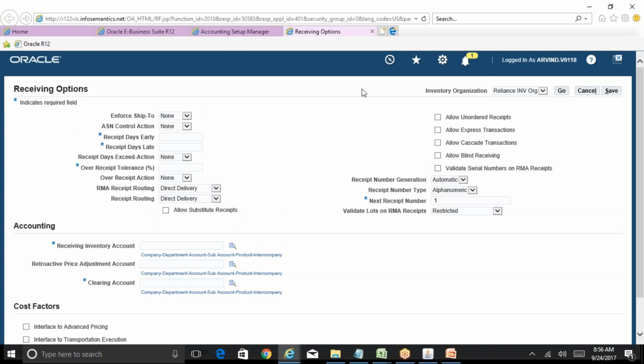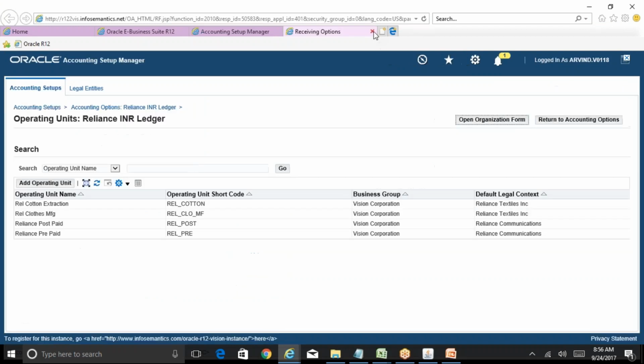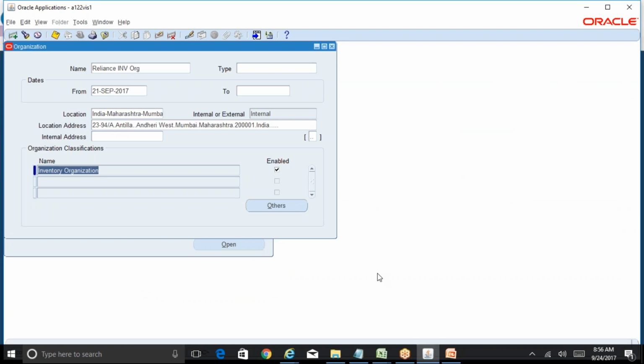One question, Arvind. When you are creating that inventory org, though it is a dummy, the location and address can be the same as our legal entity. Of course, ideally, it can be the same. It can be the same or it can be different. It doesn't matter,